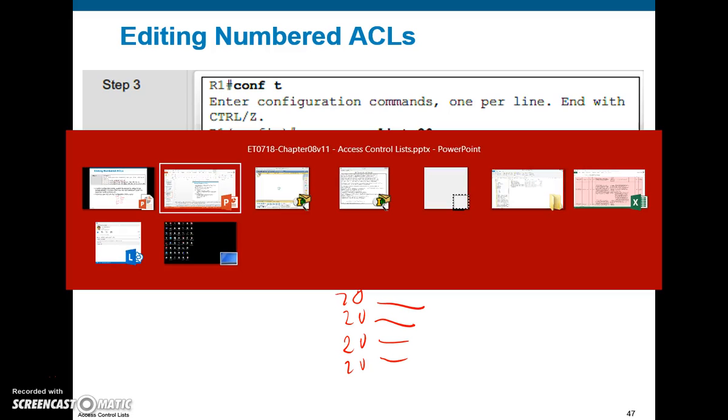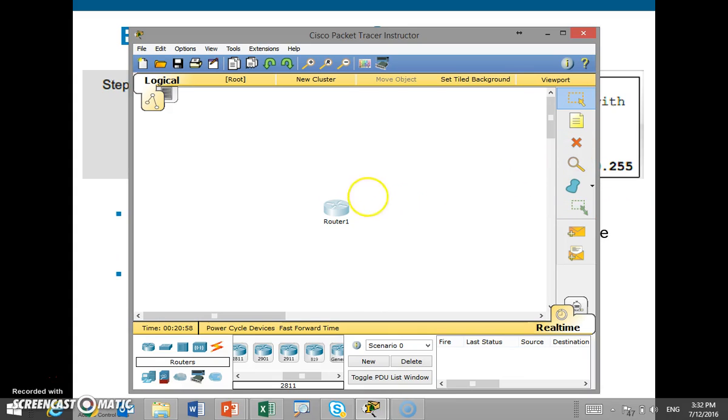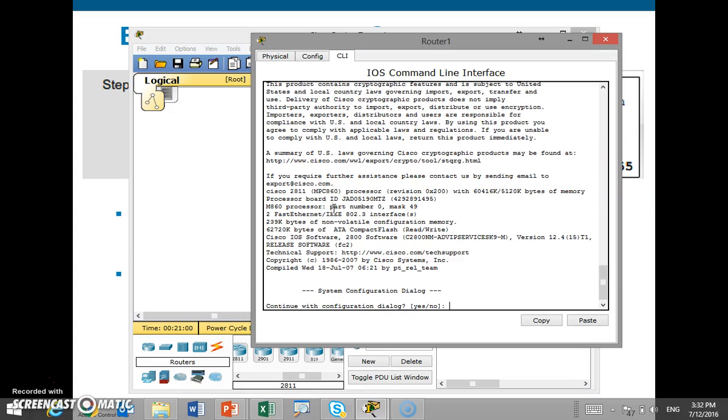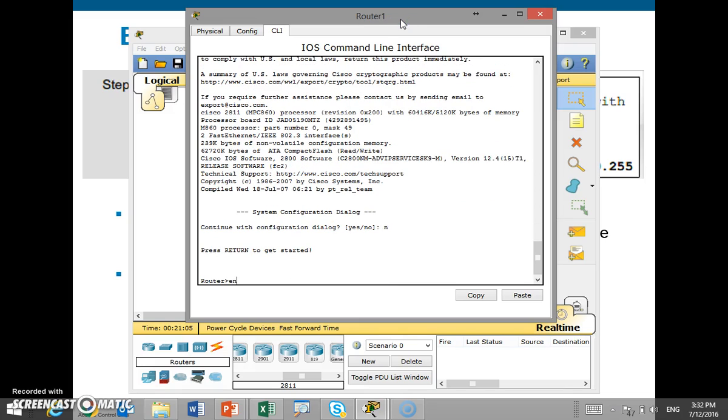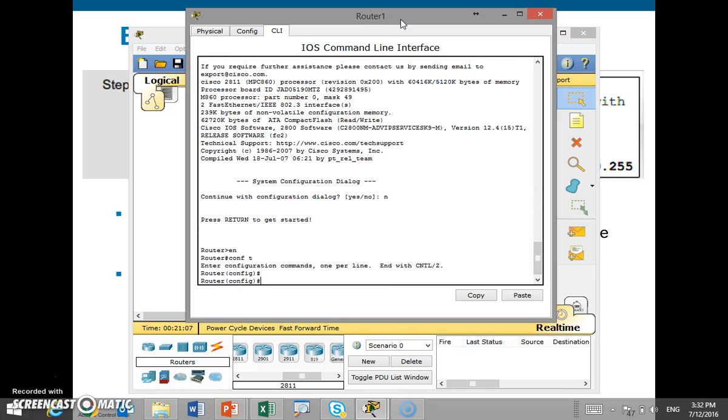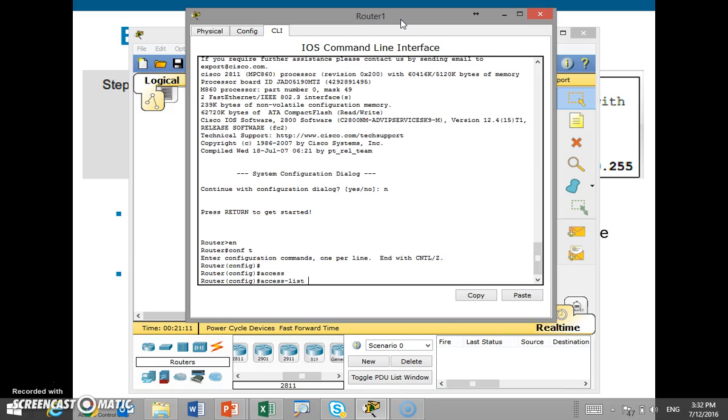Okay, let's do an example. In Cisco Packet Tracer, let's say this router. Let me configure the router. Let's say I'm going to create access list 10, and I'm going to permit 10.1.1.0, the wildcard 0.0.0.255,